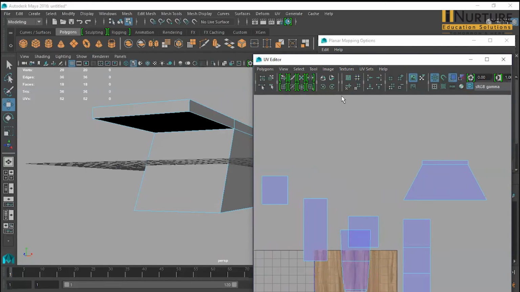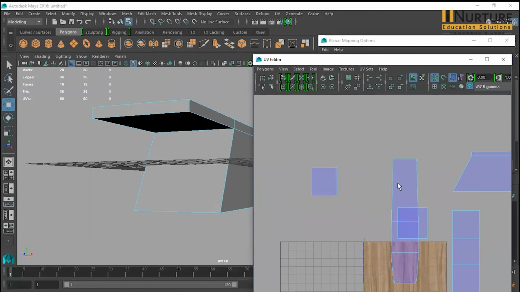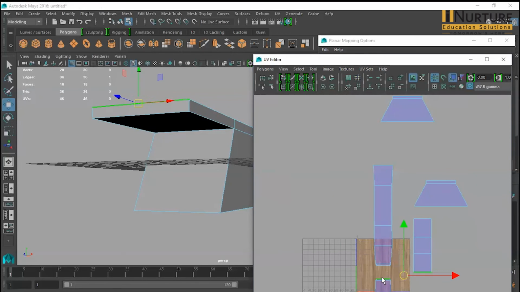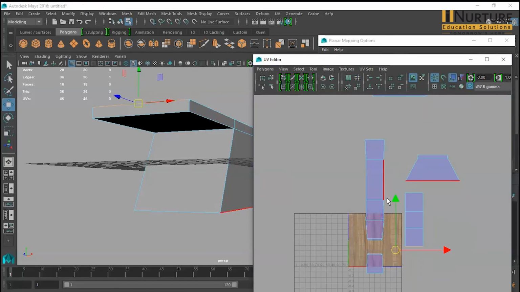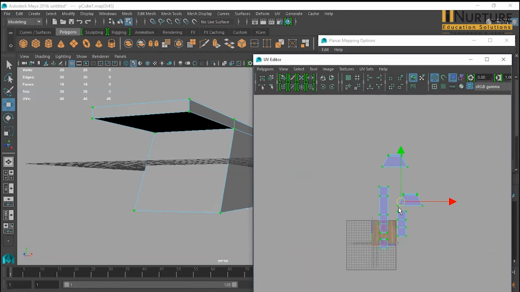Again this one, shift, right click, move and shift. And I can select all.